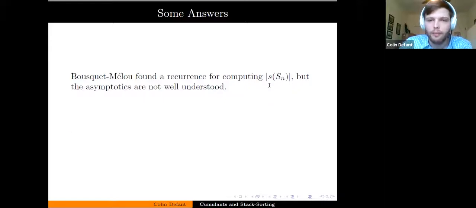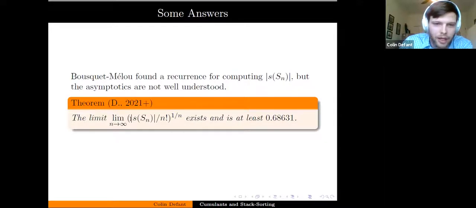Now, I proved that if you take this limit here, where I'm looking at the proportion of permutations of size n that lie in the image of the stack sorting map, and then I'm taking the nth root of that, this limit exists, and it's at least 0.68631. The way I prove this is by using a variant of Fekete's lemma, which is due to de Bruijn and Erdős. And then I get the lower bound by basically using Bousquet-Mélou's recurrence to compute about 1,000 values of this series. So I'm not really doing anything terribly sophisticated here. I mean, there is an idea involved, but it's not terribly sophisticated, at least compared to what I'll say later